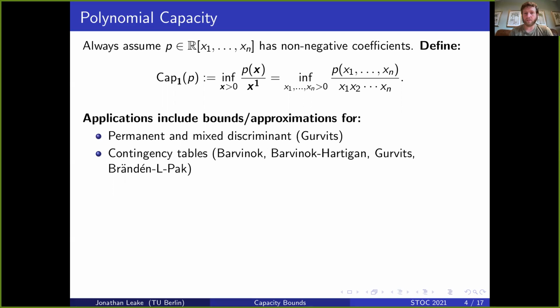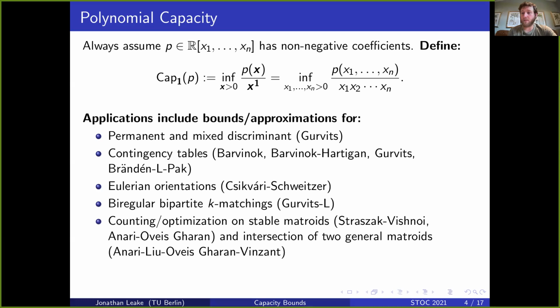Those were the original examples that capacity was used for. There's also a number of examples where counting or approximating the number of contingency tables, which are the integer points of a particular polytope, a transportation polytope. You also have some things related to graphs. So you can count Eulerian orientations of a graph. You can count k-matchings of a bipartite graph. You can also do some counting and optimization problems on certain classes of matroids, and also counting the intersection of